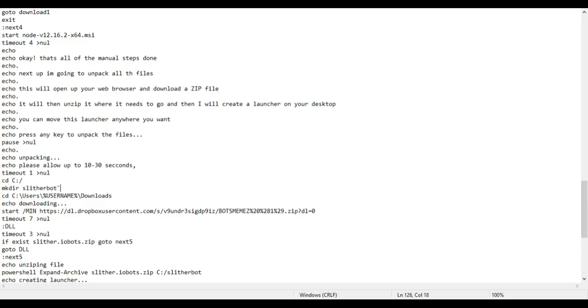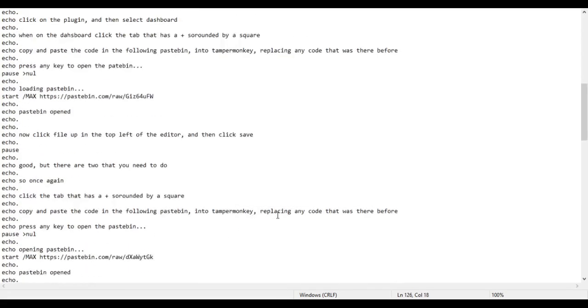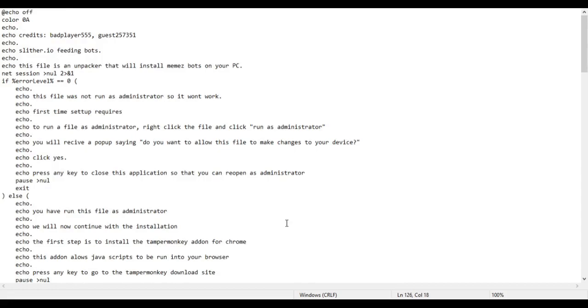However, when downloading, it was extremely complicated, so I made a batch script that's like a downloader that takes you through the steps and tells you what to do, and this will allow you to install it much easier on your computer. It is a little bit glitchy. If there are any glitches during this video, I will fix them when I put the link down in the